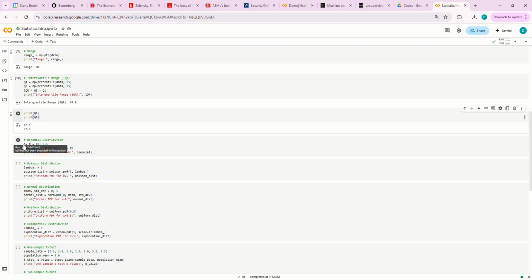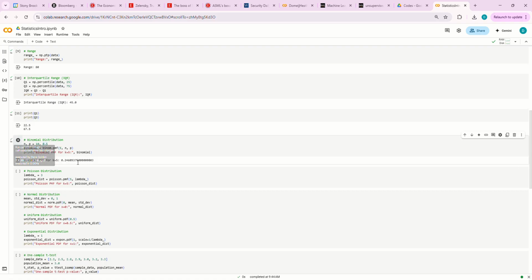And then with the binomial distribution, we create our parameters of the distribution, n and p, where n is equal to 10 and p equals 0.5. This means that we're creating 10 observations. This is the probability of successes in 10 observations with 0.5 as the probability. So for 5 successes in 10 observations, we get 24%